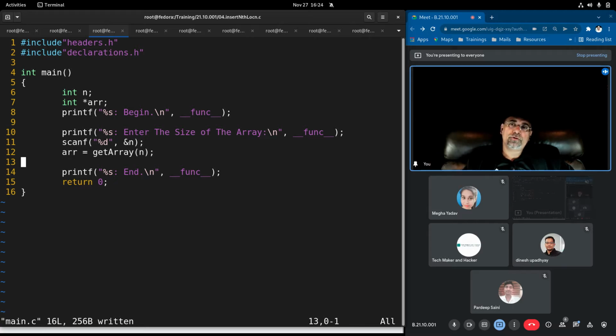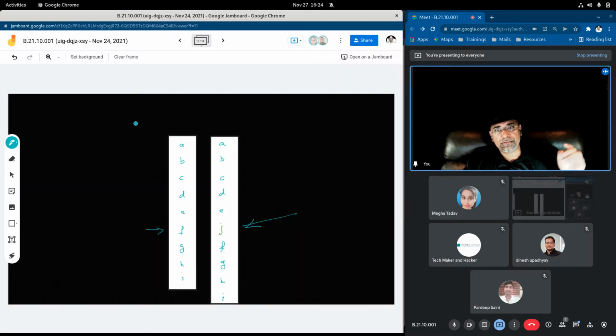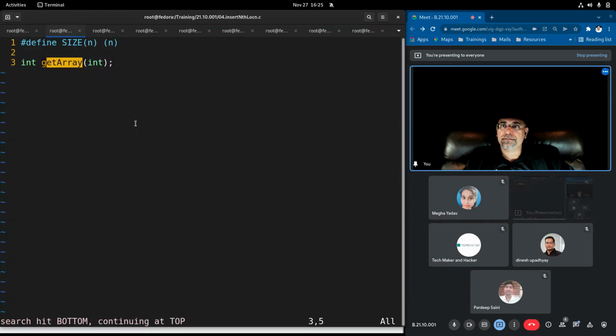Now we have to insert. So let the user ask. Now we call the insert element function because we have to insert the element at the nth position. Look at this, isn't it? So insert